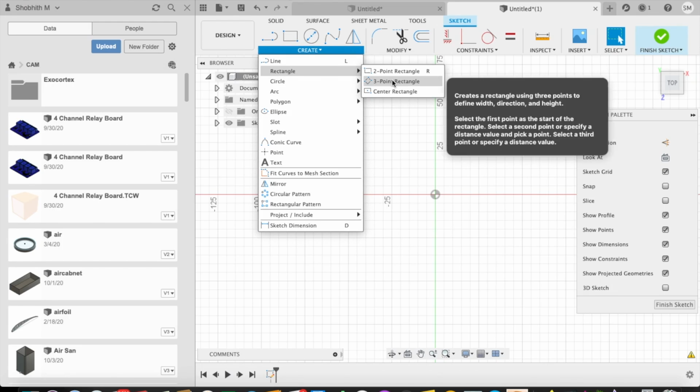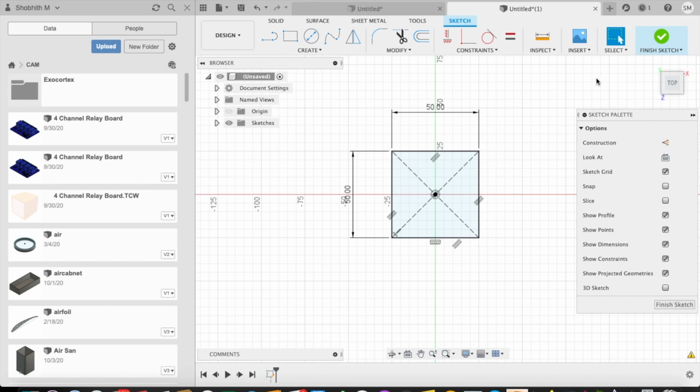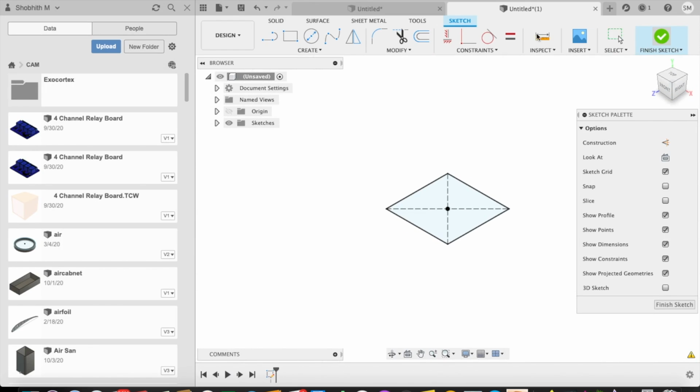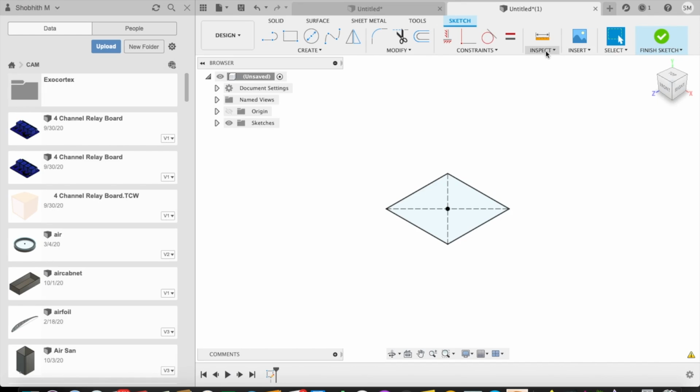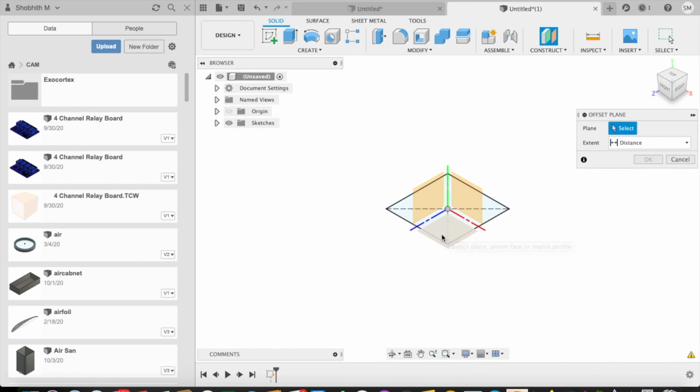When we're going with the rectangle, we're going to use the center rectangle just because we want it to be aligned. Not always, but I just prefer to be aligned so that you can get the idea much faster and quicker. So here is one square. Just finish the sketch, and we're gonna create another offset plane